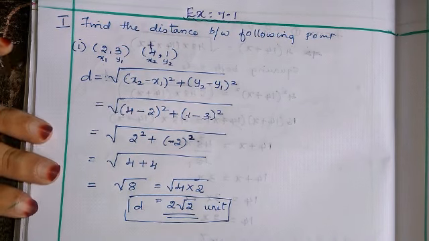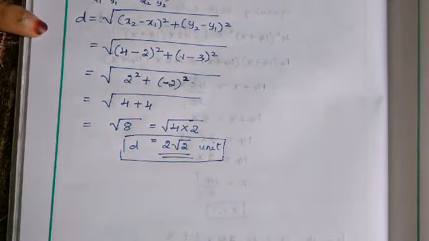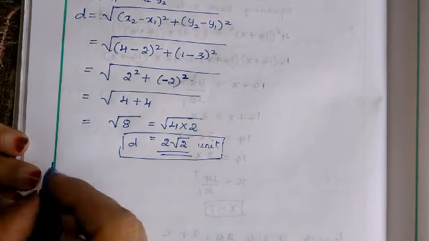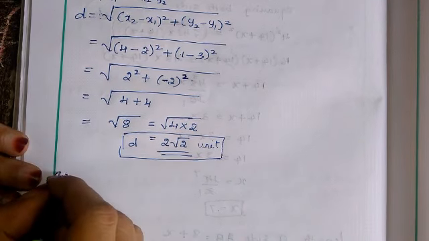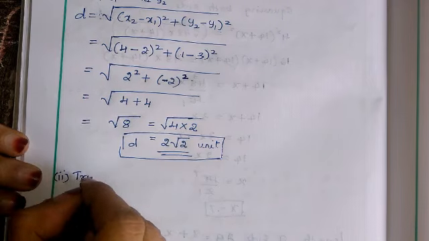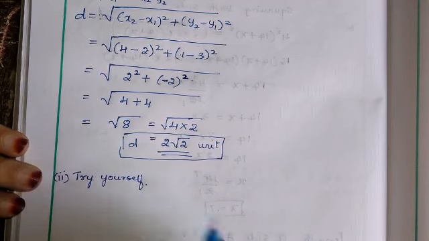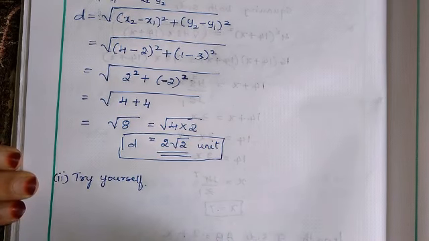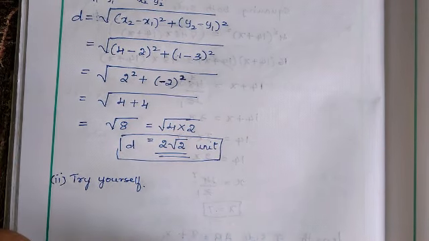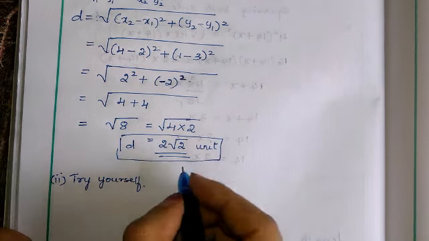The next problem you can try yourself, which is exactly the same; you have to do the same thing. Second, you have to try yourself. Unless you try yourself, you will not be able to do these problems. Next problem, they have given 2 points. You should try yourself. Okay, the third one let me do.